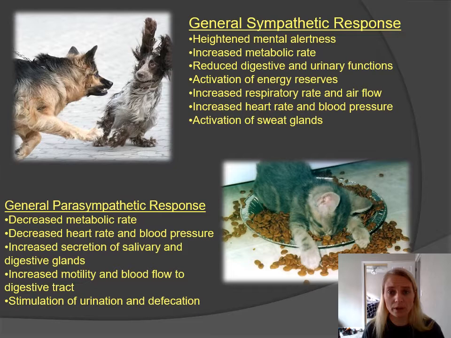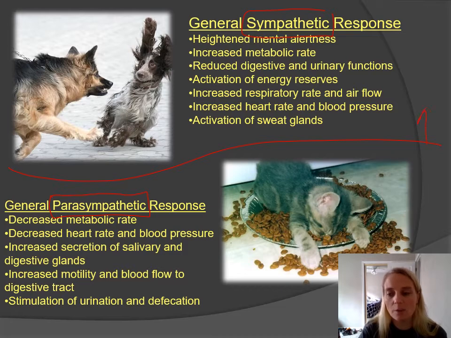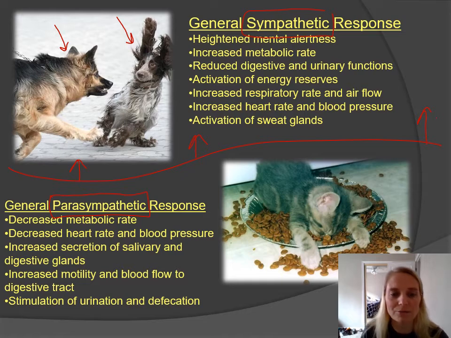So it's always great to bring in animals to help explain your topics. So the two divisions that make up the autonomic nervous system are what's called sympathetic and parasympathetic. Okay. So sympathetic on the top here is referring to what we call fight or flight. So I'm focused, I guess, on both dogs here. Could be in that fight, one's in the fight mode and one's in the flight mode.